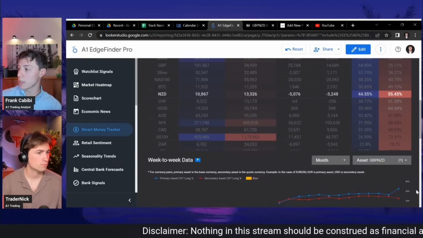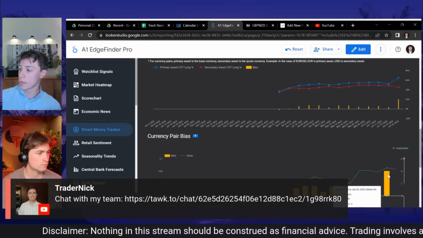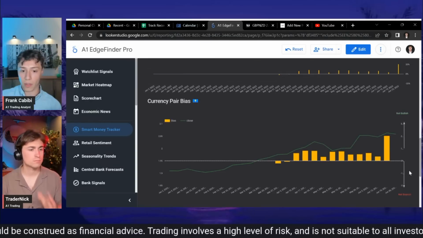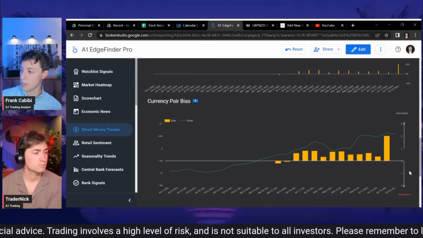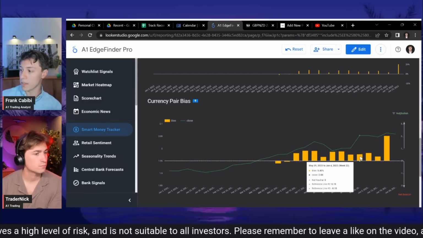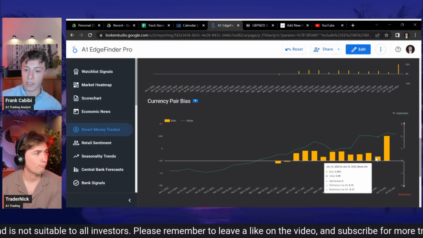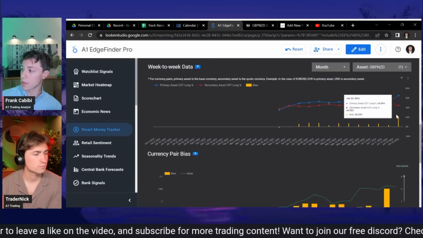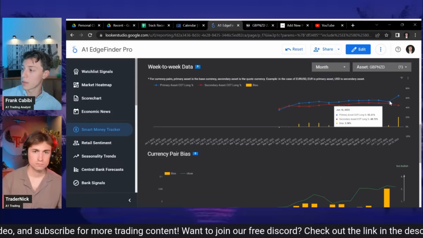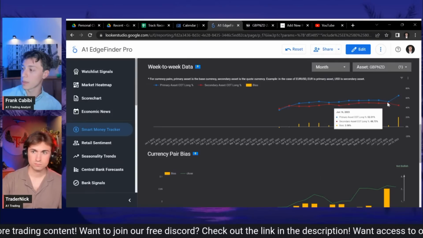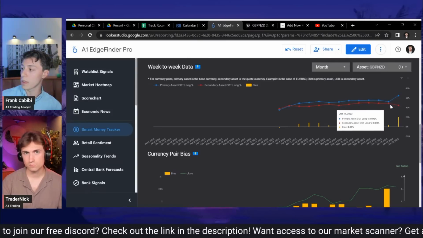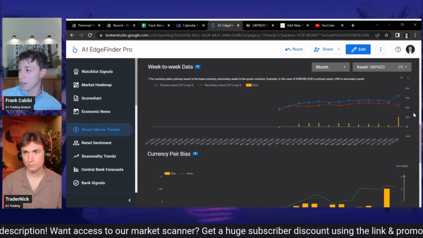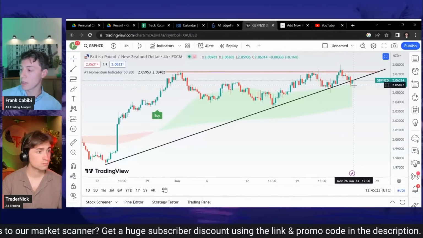But what really caught my eye was this currency pair bias chart, which measures the net longs of both currencies. So what we see here is minimal activity, still a slight lean towards the pound against the Kiwi. And then last week we saw a huge jump. We can also look up here at the amount of longs versus the shorts. So pound is up, a pretty steep rise from week to week, while the Kiwi looks like it's peaking and falling from there. So I took a trade on pound Kiwi this morning.